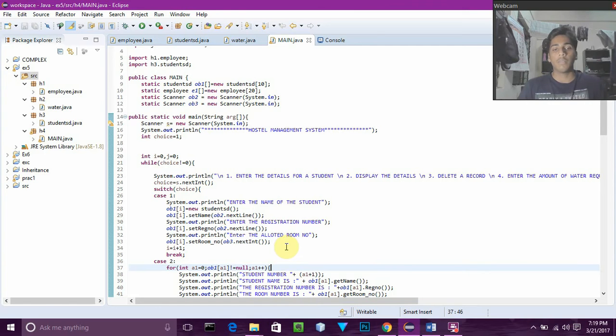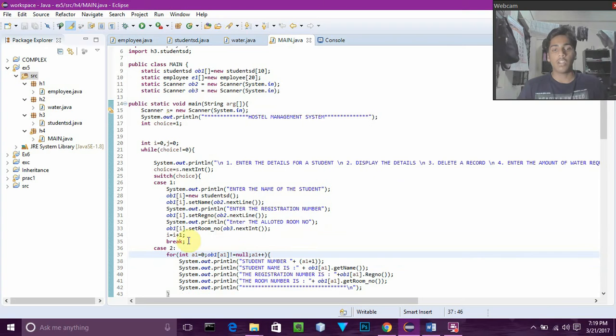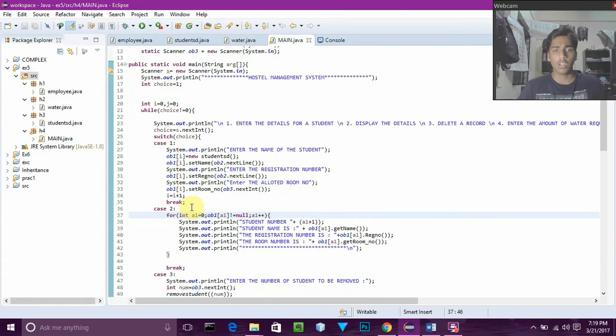System.out.println for enter the allotted number. The same has been done, the same array dot setRoomNumber, that is a set room number function, and then ob3.nextInt, and this will go as i is equals to i plus 1, and i we have initialized to 0, so it will run infinitely. i is equals to i plus 1, 0 plus 1 is 1, 1 plus 1 is 2, then it continues, and then the break statement, and then the case 2 for displaying the details of